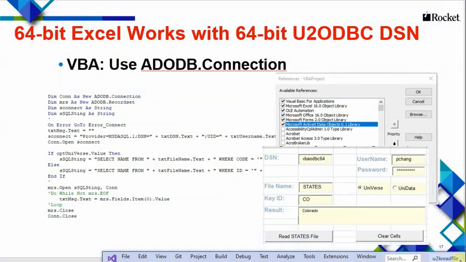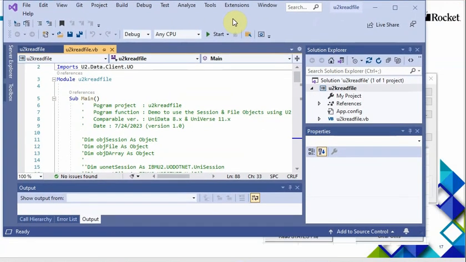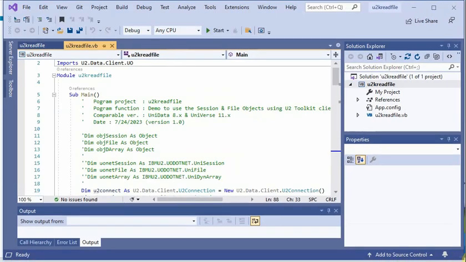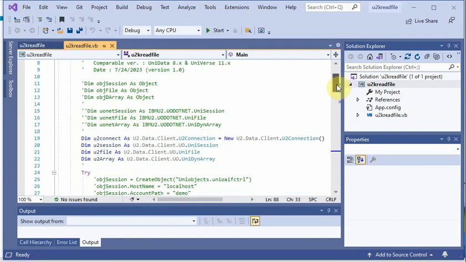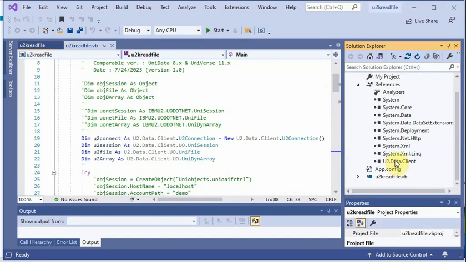But most of the customers right now want to move to the U2 Toolkit. So I also provide a very helpful sample program to help you migrate from UO or UO.NET to the U2 Toolkit. So this one is a U2 Toolkit application. You will see the U2 Toolkit reference. It became